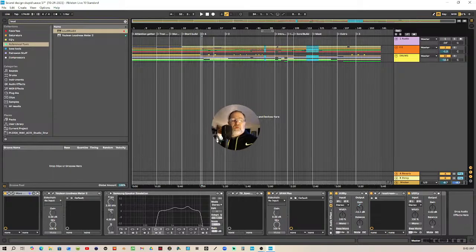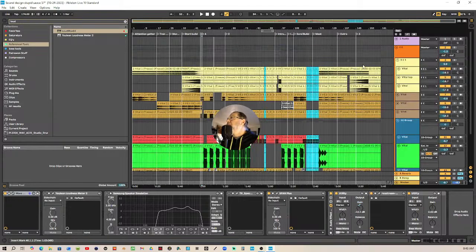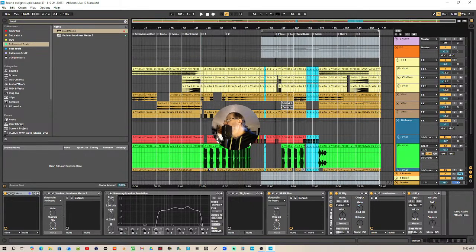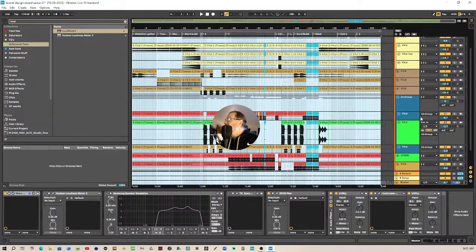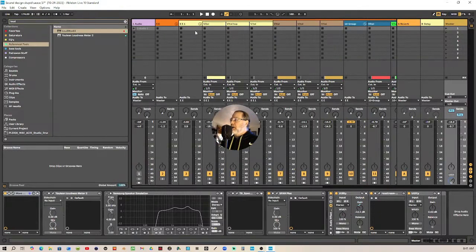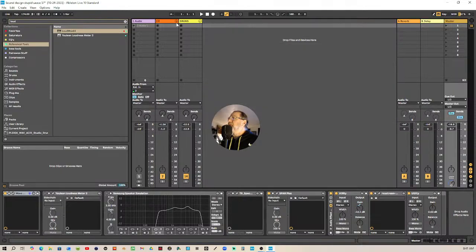Long story short, if you have made it this far into the video, the loudness comes from the mix, right? So here's what I mean. The loudness comes from the clips themselves being clean and being pushed to their limit on the actual channels themselves. Because these faders are already mixed, I'm not going to normalize any of the samples. But usually what I do along the way is I consolidate and normalize, and that's just to keep the